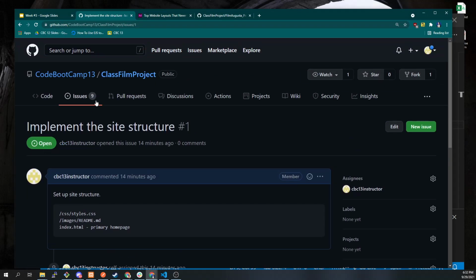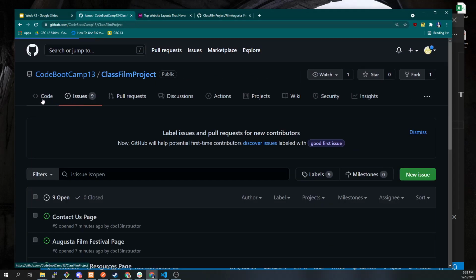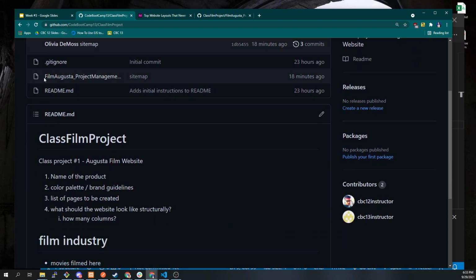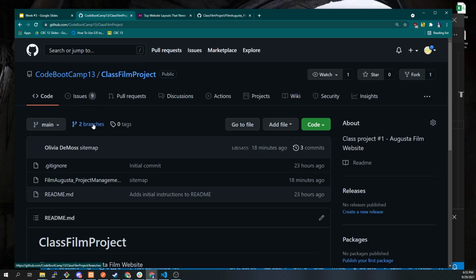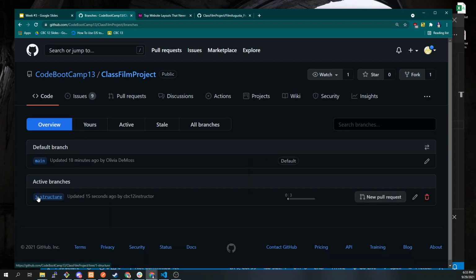And now what you'll see is that if we were to take a look at our code here, right? This is the main branch, right? It does not have that new work that I gave it. But you can see there's two branches here. 1-structure, updated 15 seconds ago by me. So I know this code is good because I just wrote it, but I'm going to do a new pull